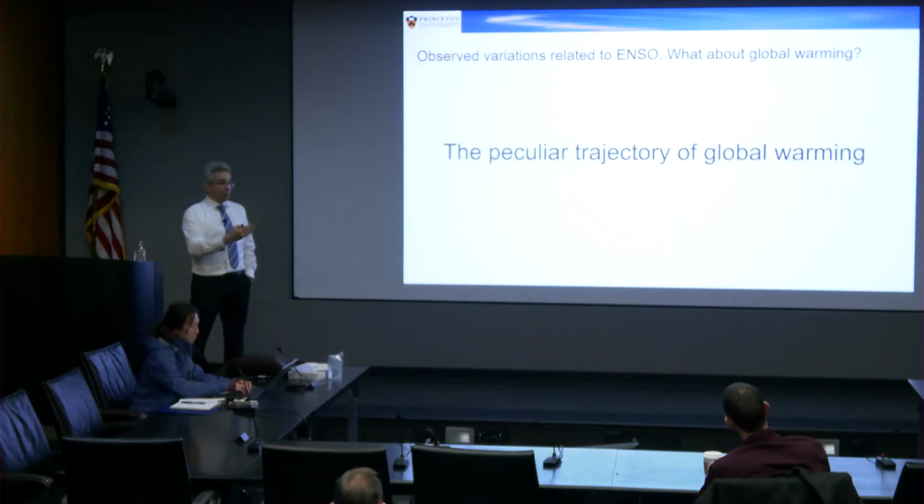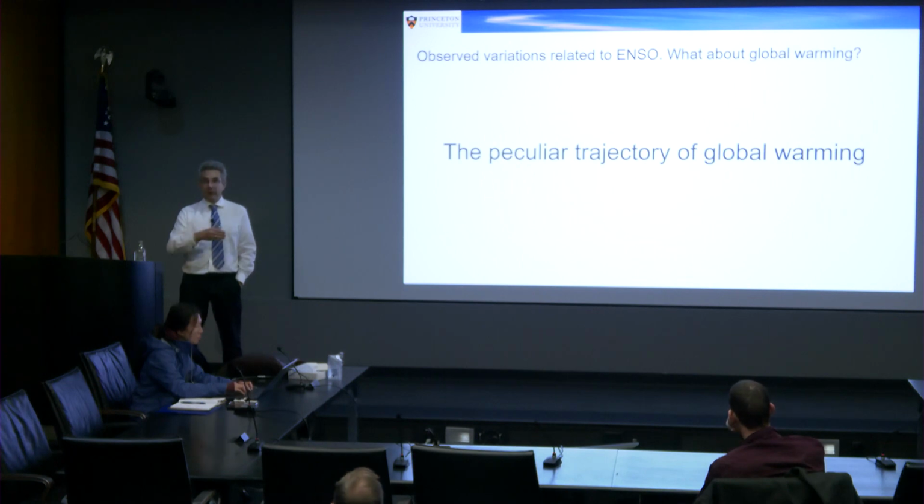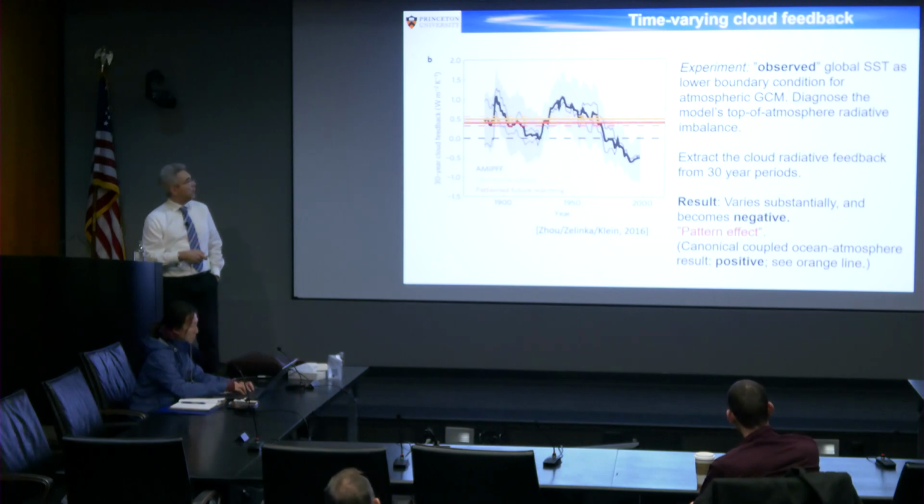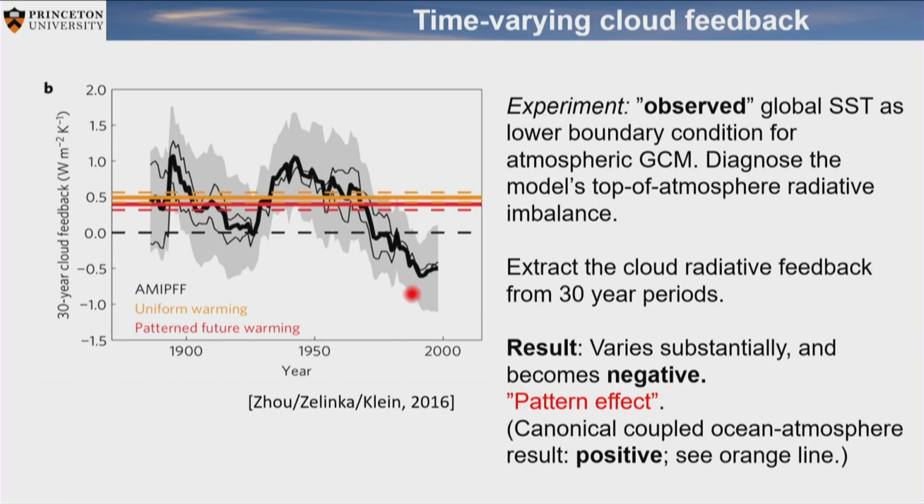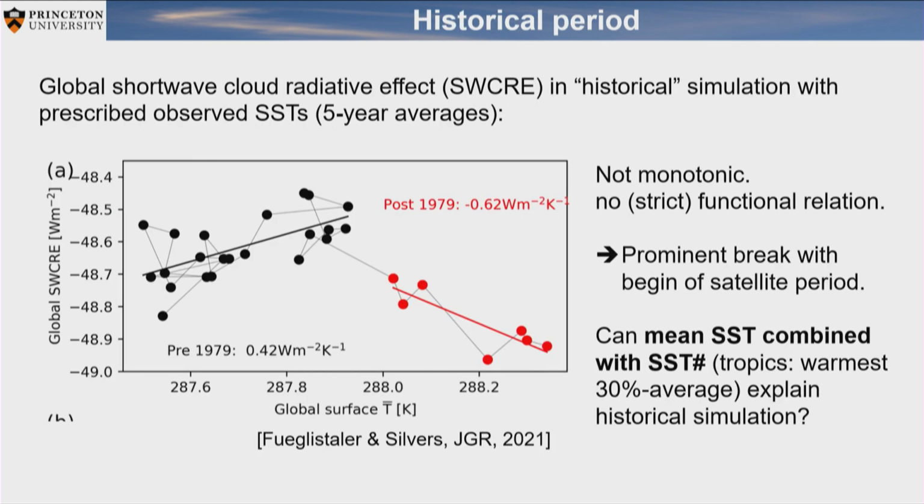So I explained to you kind of what happens over El Niño, and I've made the case that we see these two modes. So let's go back to the global warming, this first figure that I showed you. This is another one. This is one of the first papers that made this case. Again, historical period. They look at the cloud feedback in their model if they use observed sea surface temperatures. And what they calculated here is, over 30-year periods, the feedback. And what you see, it is time varying, and again, it's going strongly negative over the last sort of 4 decades or so. So this is the equivalent figure to what we then plotted here that I've already shown you.